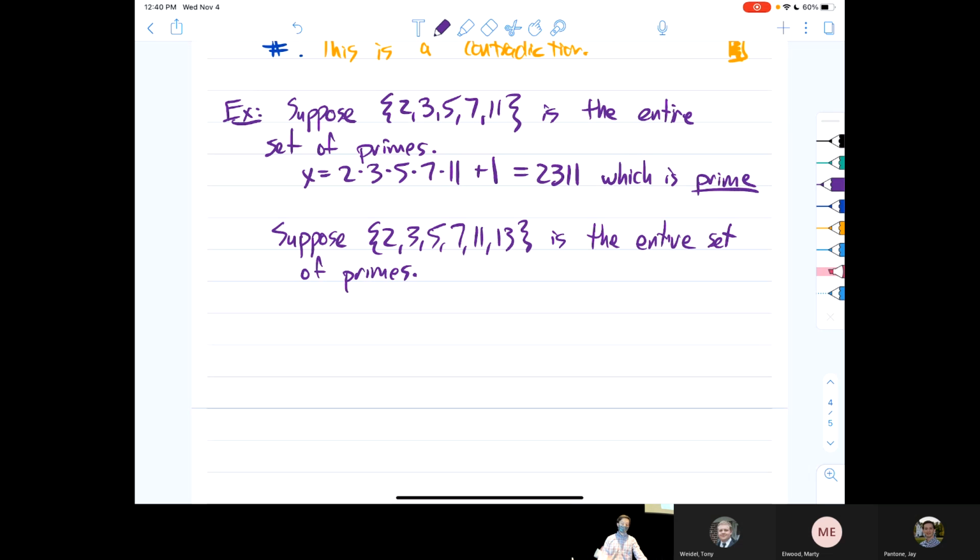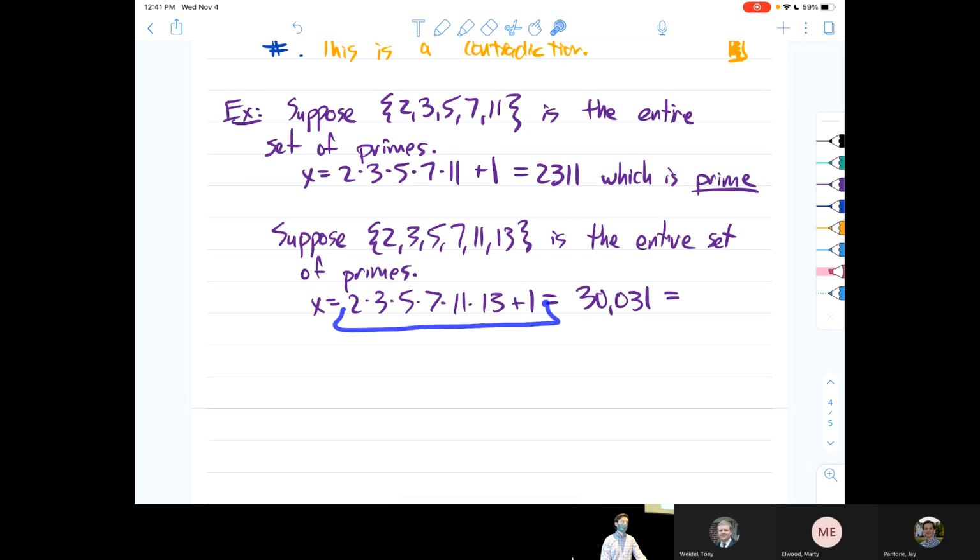Then in this case, in the logic of the proof, we would form the number 2 times 3 times 5 times 7 times 11 times 13 plus 1, which turns out to be 30,031, which is not prime, but we